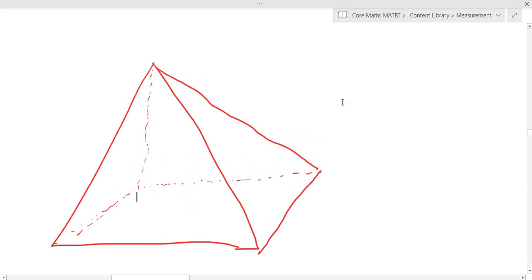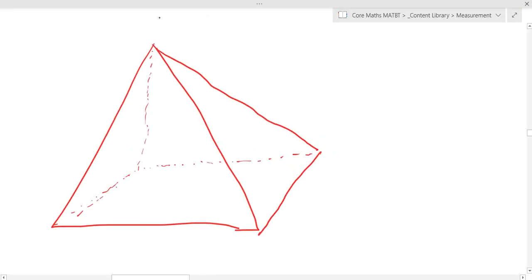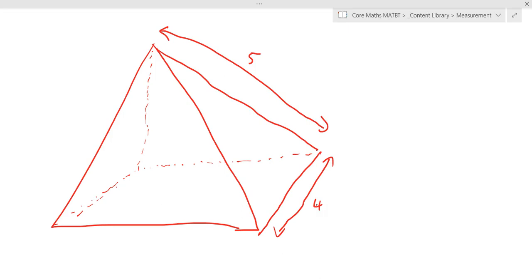So here's a copy of the pyramid. Here's a measurement of it. Let's say, for example, this length here is, let's go with, I don't know, 5. And this length over here, we can make this 4. Now for this triangle, you can see already that I've got 2 measurements that I can use